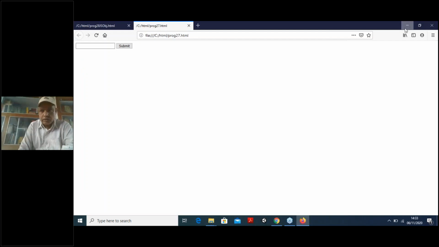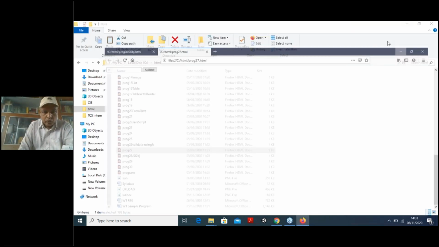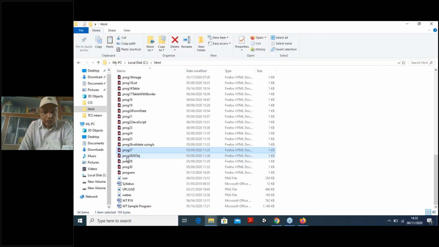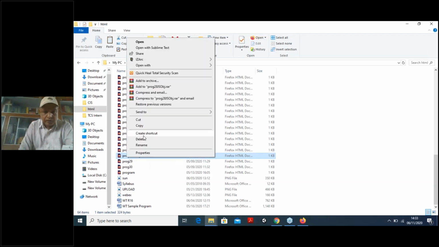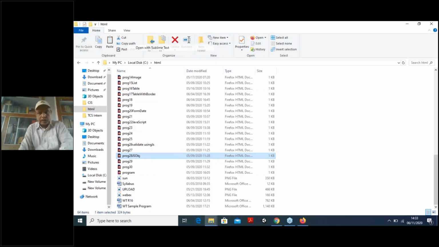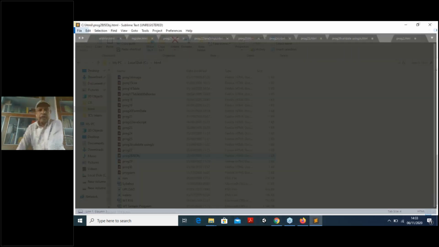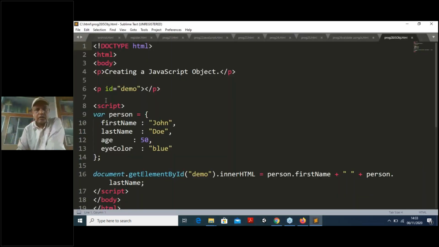So this is the thing we have already shown you how to go for the submit. Then I am going for how we create an object. How to create an object and how we use all the things. So I go for the coding part here. You can clearly see it here in the JavaScript. I am creating the concept of object here.